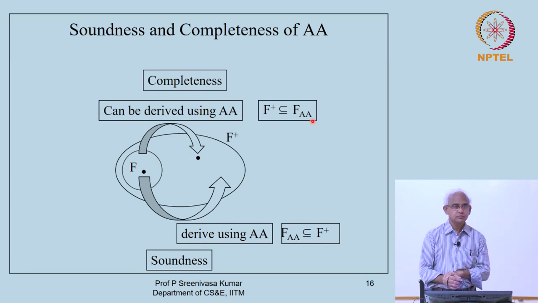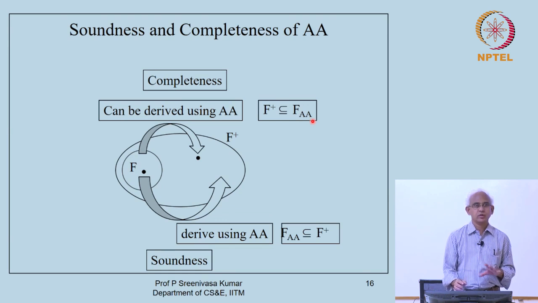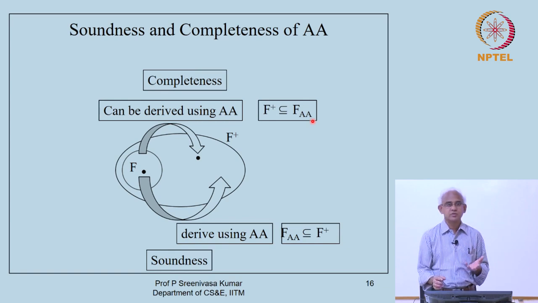I suggest you reflect on these two interesting properties of Armstrong's axioms before you come to the next class. Try out some schemes. You have all derived some schemes. On them, try to figure out what functional dependencies fall between the attributes and look at them from this angle. Good.